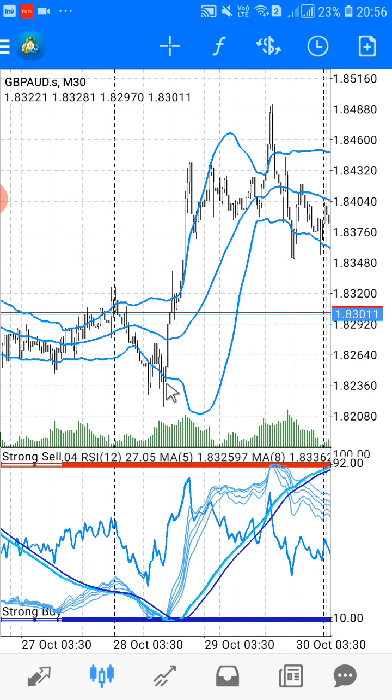See here, it's outside the Bollinger Bands, man. It is outside the Bollinger Bands. That's our first confirmation. For our second confirmation, look at here, our relative strength index and our moving averages. They are touching the strong buy here, the RSI, the strong buy. That's the first confirmation, the second confirmation. And as I told you, this is the relative strength index. Make sure that it's not